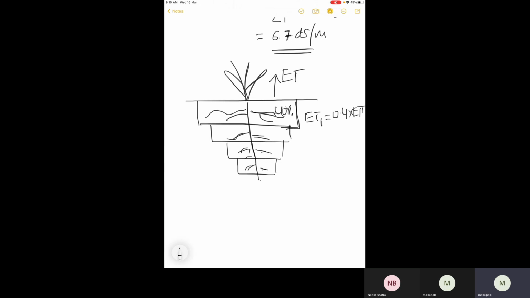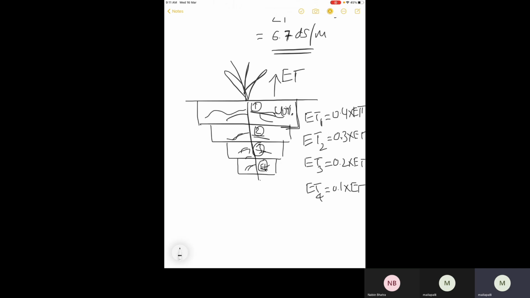Okay, this contributes. Then the second quarter, ET2 will be 30% of ET. And ET3 will be 20% of ET. ET4 will be 0.1 times ET. Okay, so this, let's say, is the first quarter, second quarter, third quarter, fourth quarter. This is all. So now we have to find out the leachate fraction for each individual layer, just like what we